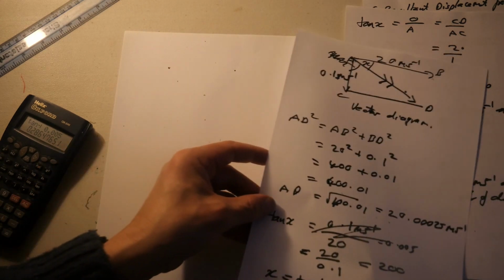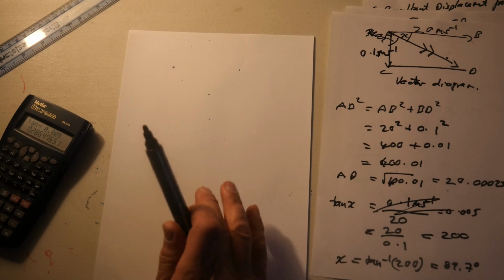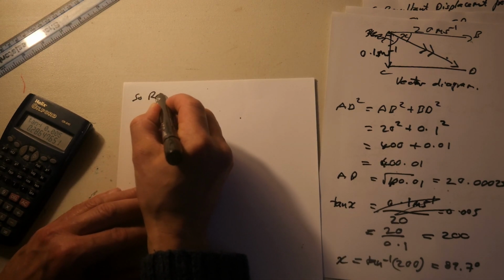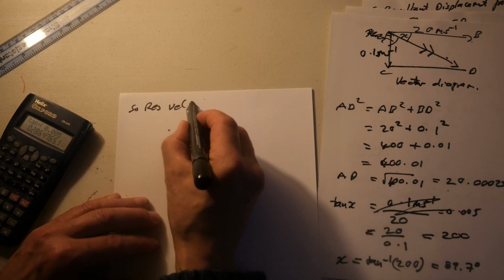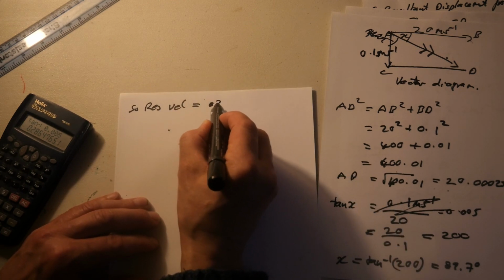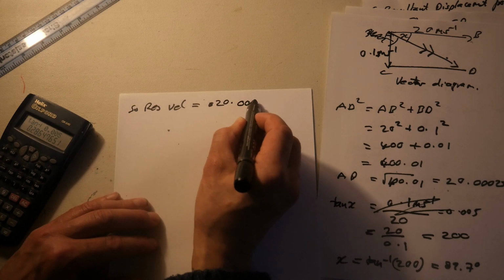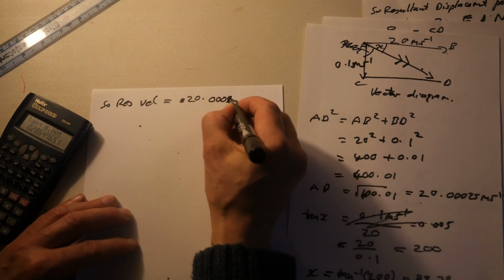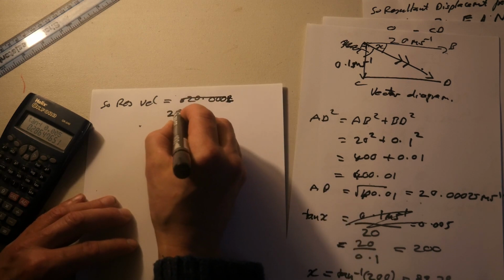So yeah, the resultant vector, the resultant velocity equals 20.005